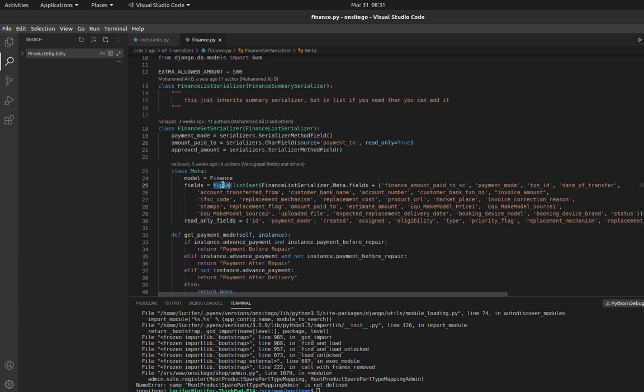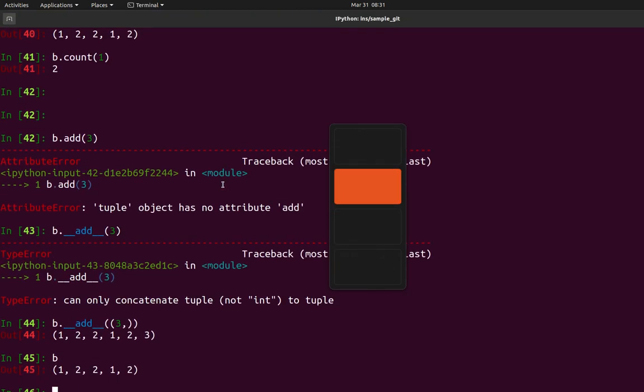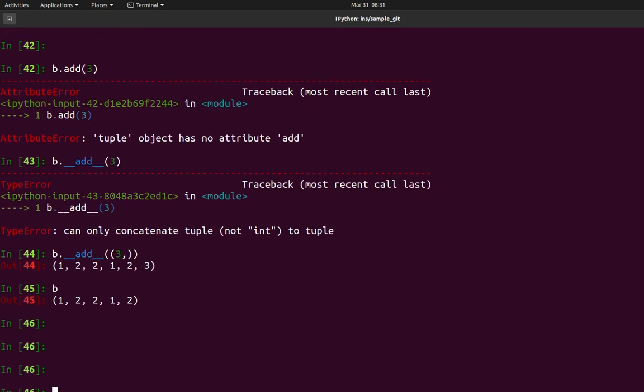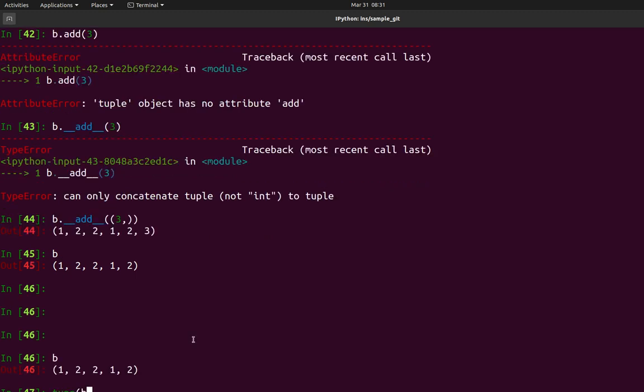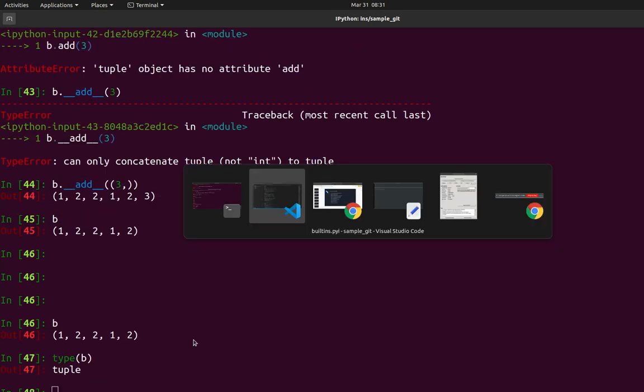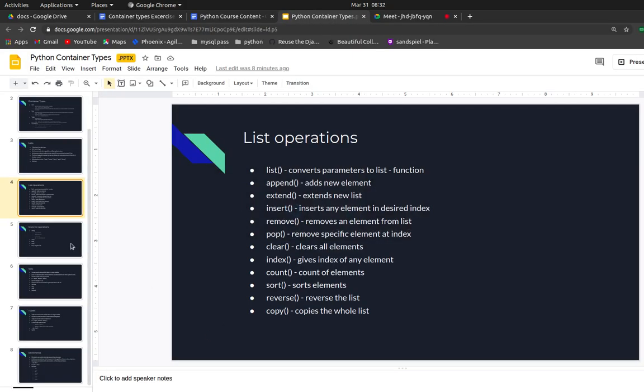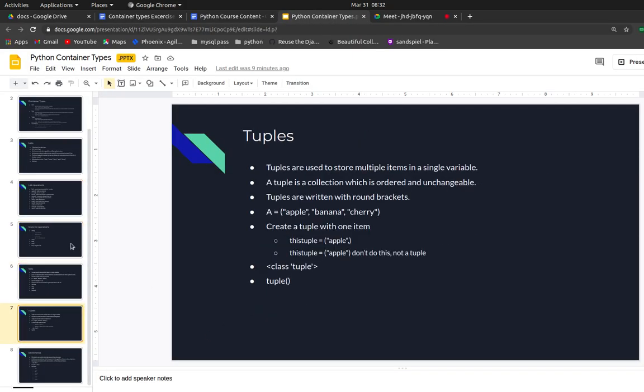So the major advantage of using a tuple is that it cannot be changed. Whenever in your programming you have that particular requirement where you don't want to accidentally change things, there we use tuples. Got it. You can check the type of that as well, you will get the tuple class. So the basic differences between lists, sets and tuples are these. Lists have everything: indexing, sorting. They are ordered, they can be changed, they have a lot of methods to work on.